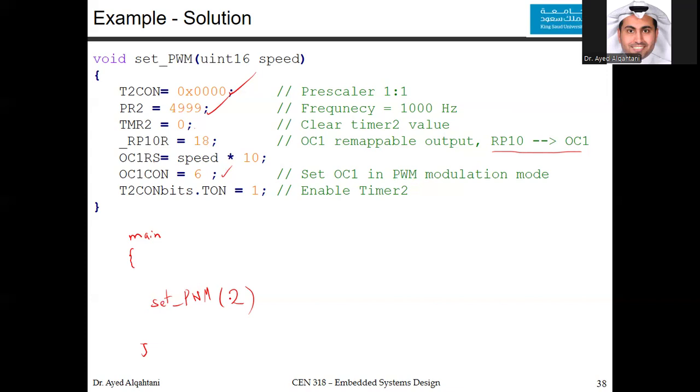But I think it's better for everyone that we discuss the GPIO, which is a simpler module. Also, the timer and the output compare are fairly easy. And then we can talk about the configuration bits that you need to set up before you work with the microcontroller. You need to set up so many things. Because of that, I thought maybe we push it a little bit later, and this is what we will discuss